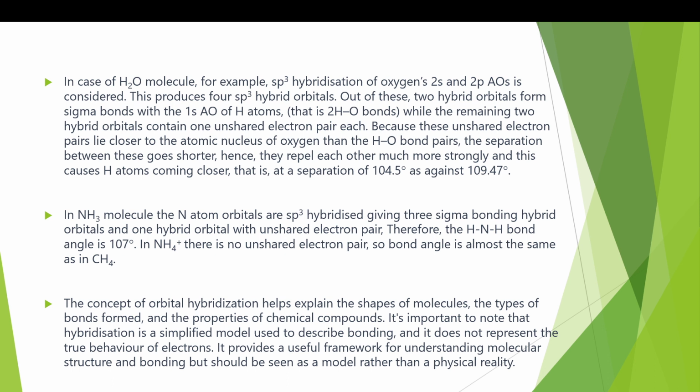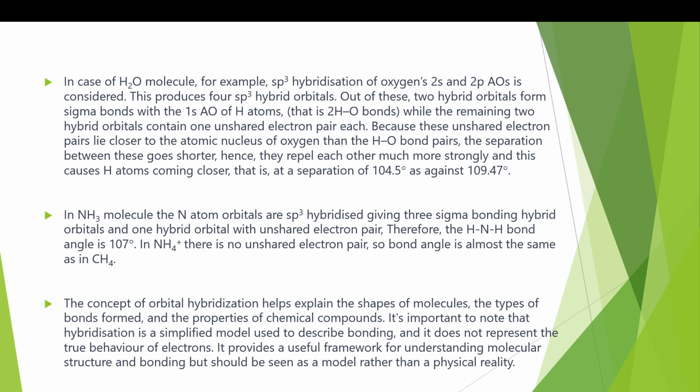Sometimes deviations also occur. In the case of the water molecule, for example, we talk of sp3 hybridization of oxygen involving 2s and 2p AOs. Thus we get 4 hybrid orbitals, not AOs, and there are 6 electrons. So 2 of the hybrid orbitals are filled, containing an unshared electron pair, and 2 are bonding, having 1 electron each. This angle in the molecule is not equal to 109, the tetrahedral angle. It becomes 100.5 degrees.